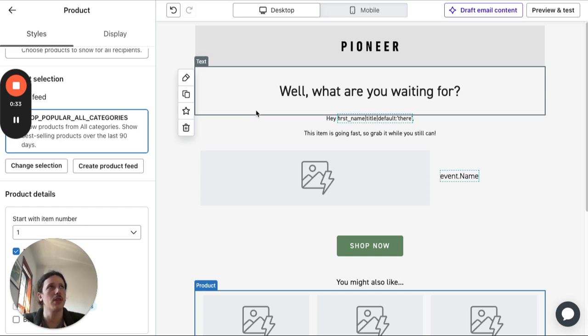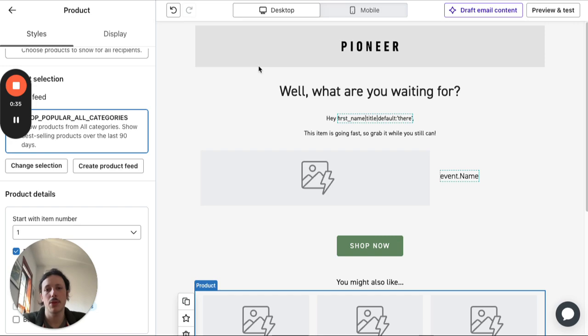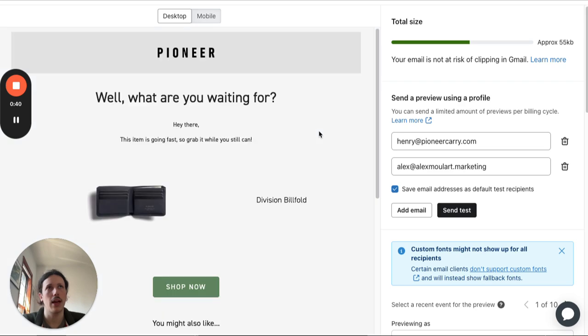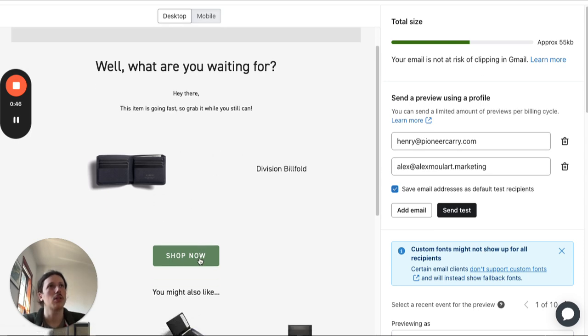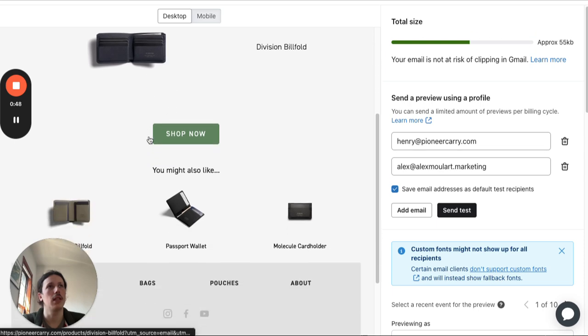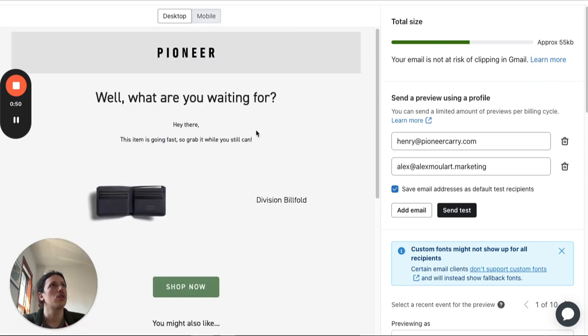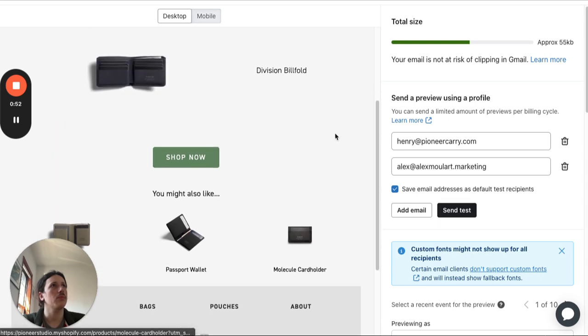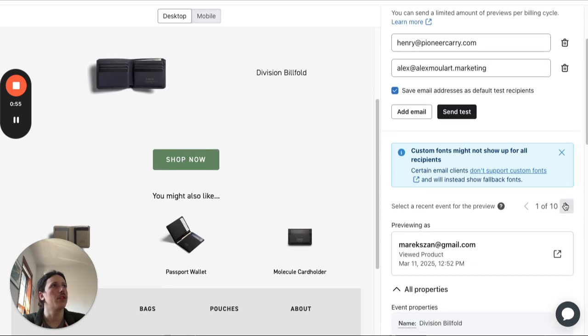super branded emails. In this case, you can see the template is pretty simple, and the reason we're doing that is to just have very clear space, very clear message. Here's your product, here's your button to check out, and here's some more products. So as we cycle through these events here,